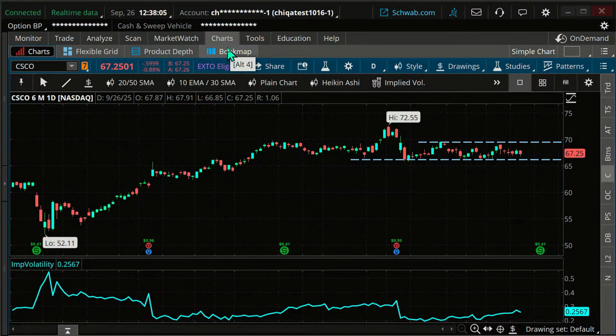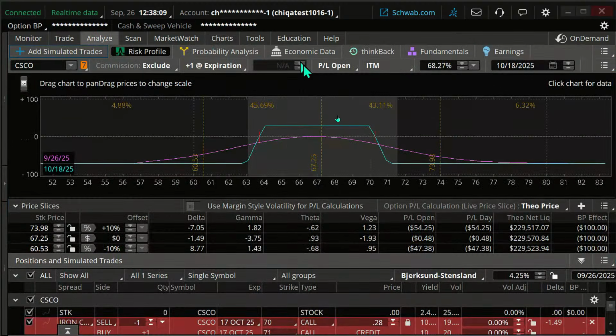All right, let's go back to our trade here. Analyze tab. This is what it looks like. Now, let's just kind of see probabilities on this. Because when you look at this, once we actually look at it here, and look at the probabilities, it may not make sense. Remember, when we're looking at a trade, you've got to know what your max gain is, your max loss, where your break evens are, and your probabilities.